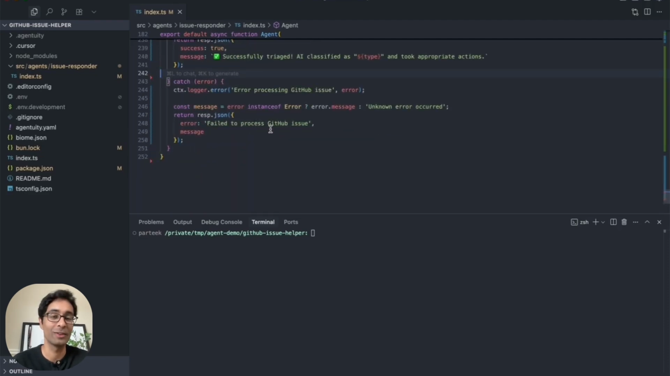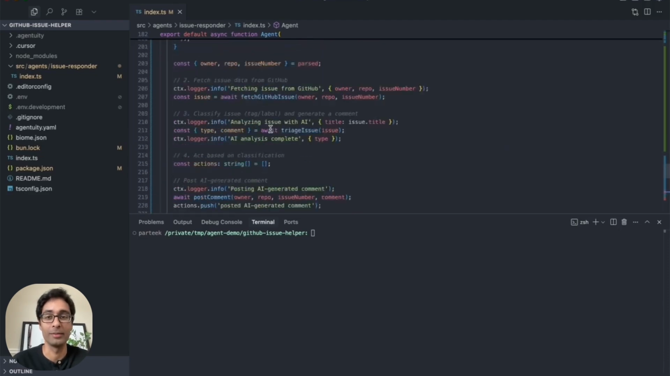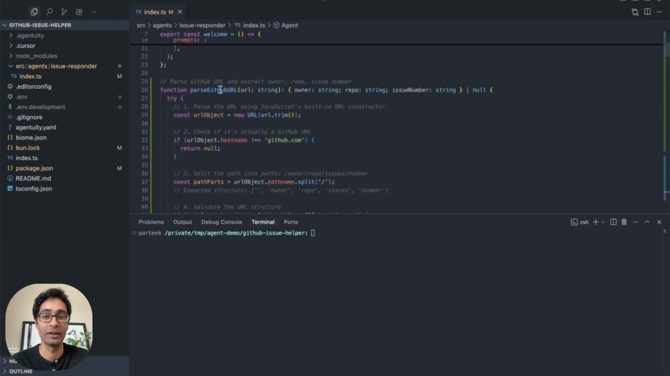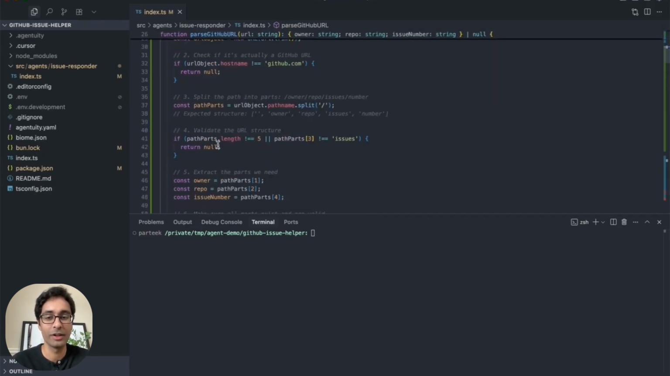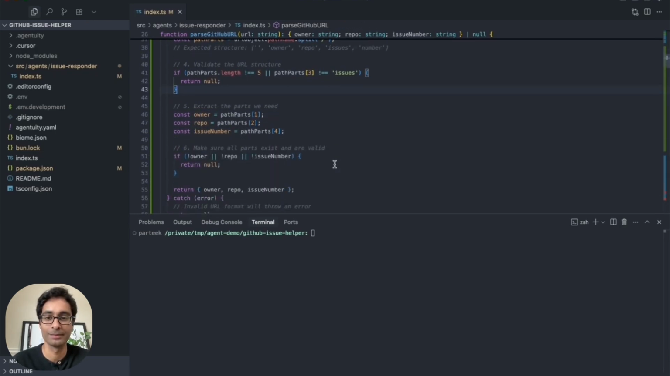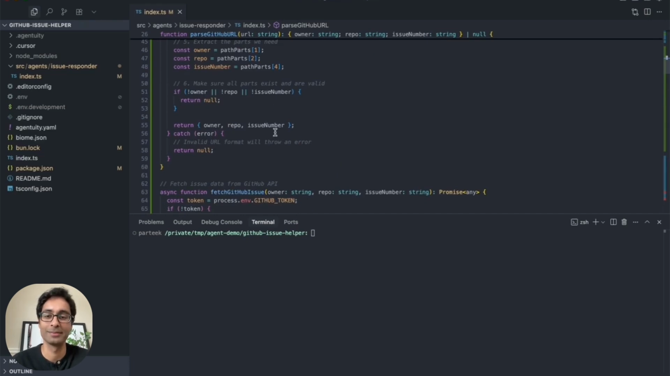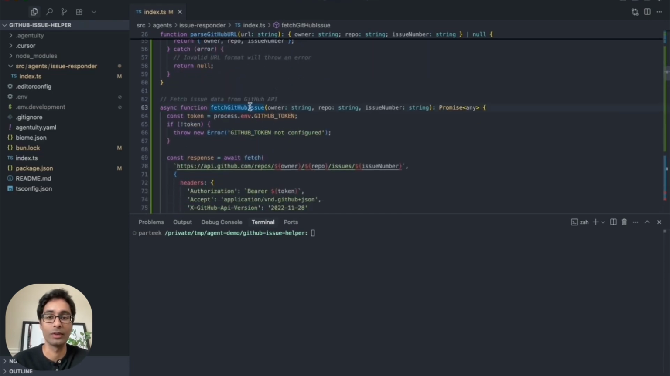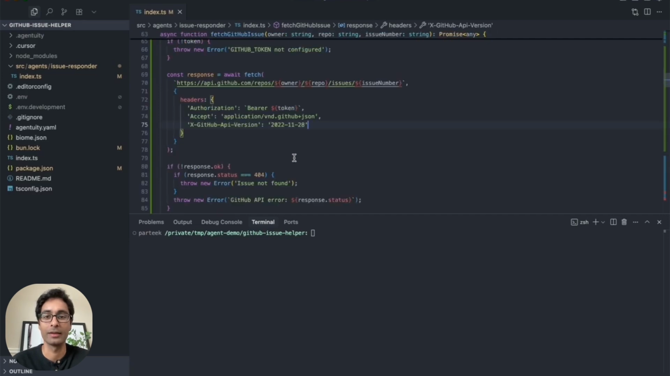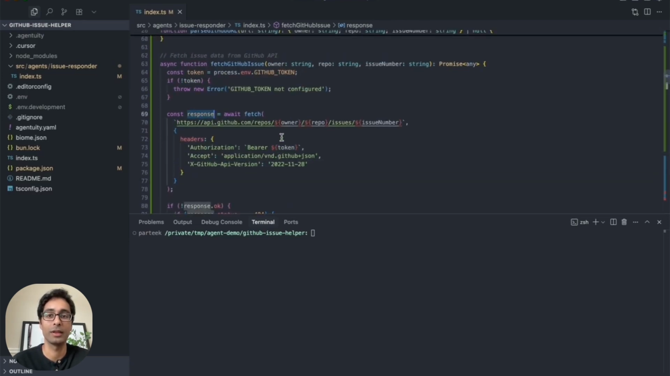So let's take a closer look at some of the methods that were described here. To start off, we've got our parse GitHub URL. We're just going to take the incoming URL, split it up, and extract the owner, repo, and issue number, along with some validation and checking if it's actually a valid URL. But we'll just return that. And then when we actually want to fetch the issue, we'll use the GitHub API and return that issue data